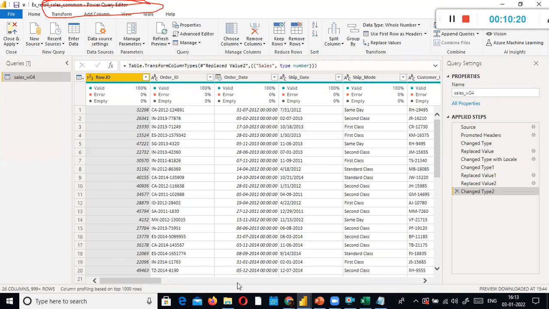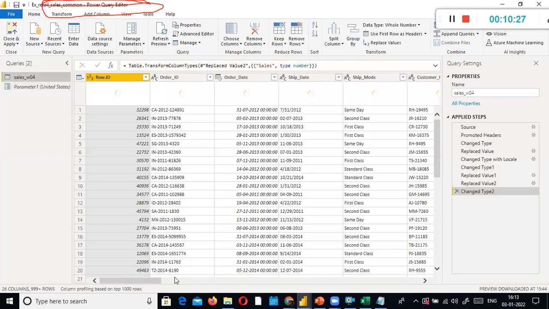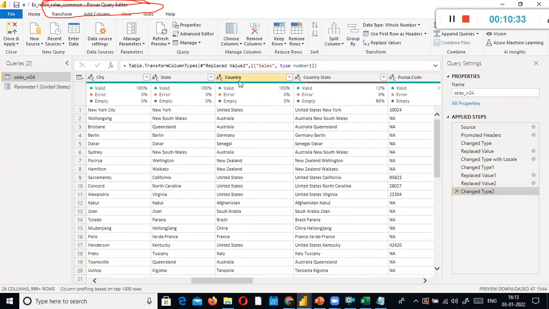Ideally, what you need to do is before you create the parameter, you go to the column which you need to apply the filtering condition. This is my country column. I need to create a parameter on this column, right? So when I share my report with somebody else, they should be able to choose the country whatever I specified. Okay, beyond that they are not supposed to use it. So here in this country column, I check the country names. The country name here is United States. The U is capital and S is capital. In between there is a space. Strictly you need to follow this.